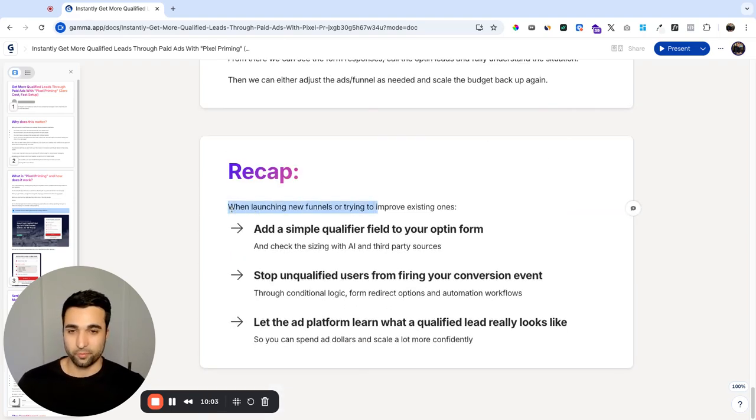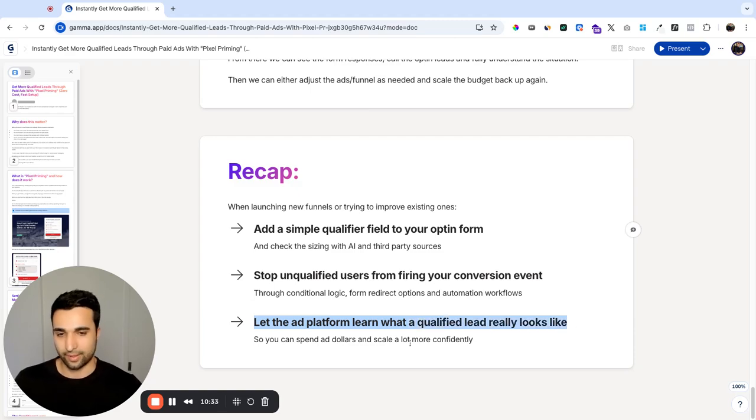Quick recap. So when launching new funnels or trying to improve existing ones, we just want to add a simple qualifier field to the opt-in form. As I said, in most cases, this is best practice when you first launch a new funnel, especially if there's some risky messaging in there as well. Then the next one is stopping those unqualified users from firing the conversion event, through conditional logic, form redirect options, and automation workflows. And then lastly, let the ad platform learn what a qualified lead really looks like, so you can ultimately spend the ad dollars and scale up more